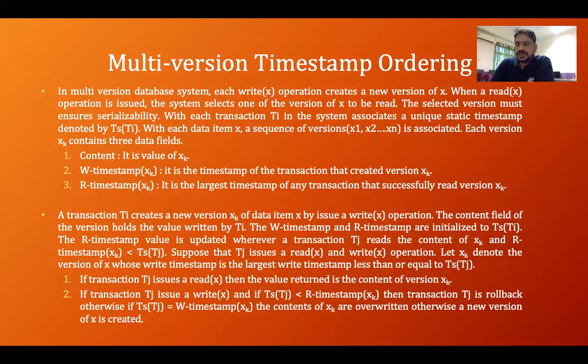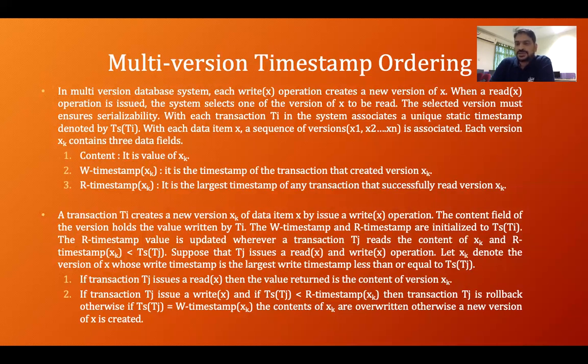Read timestamp: when the data is read by some transaction, that transaction's time will be allotted to the data, that is called read time. Second is the write time. The same thing happens when some transaction writes on the data, and the timestamp of that transaction will be allotted as a write timestamp to the data.